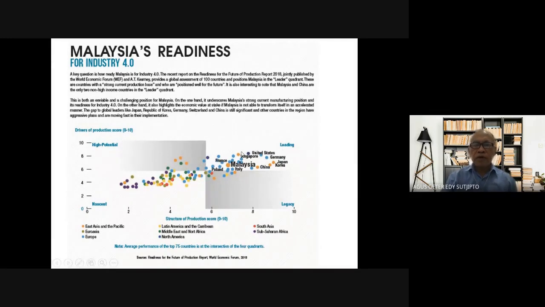In this quadrant, Malaysia is where the drivers score is 6 or 7, and then the structure of production score is 7 as well. So this is already in the leading, ready for facing industry 4.0. Okay.